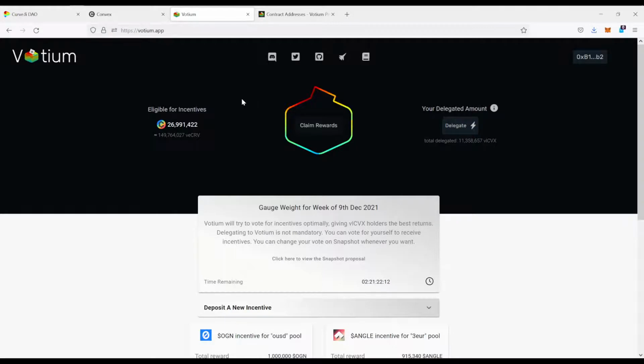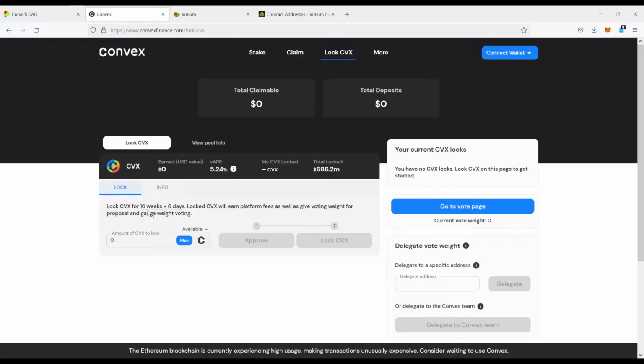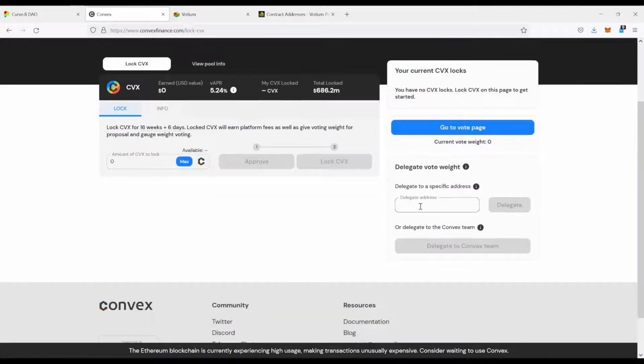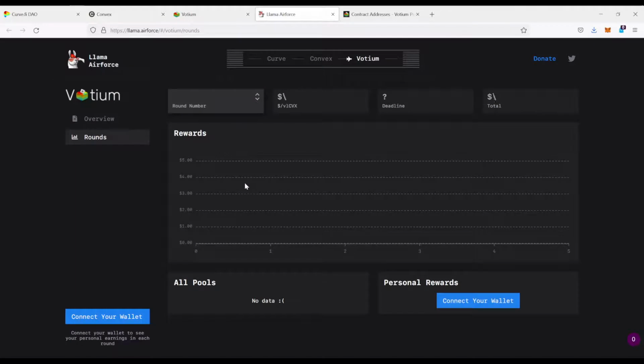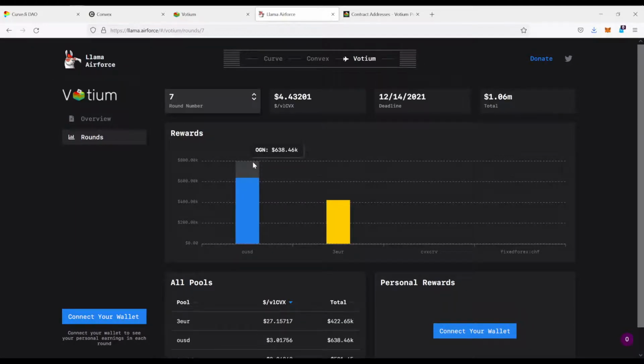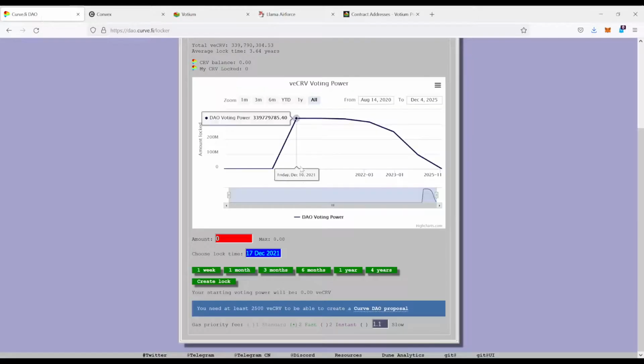What is Votium? When you lock up your CVX in here for 16 weeks and 6 days, okay, then it gives you the voting rights, and you can delegate your votes to another platform or to another protocol, okay? And in this case, we would want to delegate our voting power to Votium. Why Votium? What Votium does, if you come over here on this icon, it brings you to the basically statistics page of Votium. And how this works is that basically before each vote,